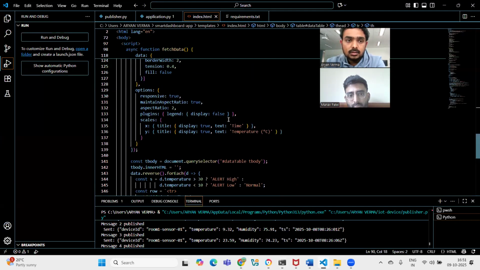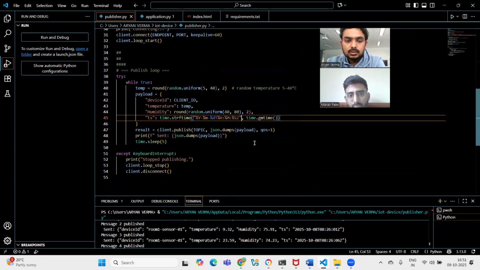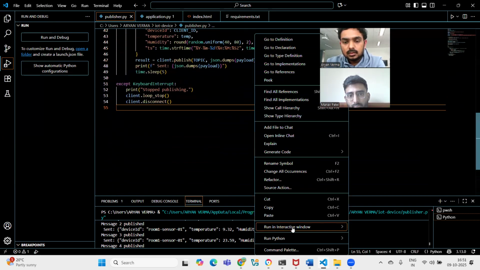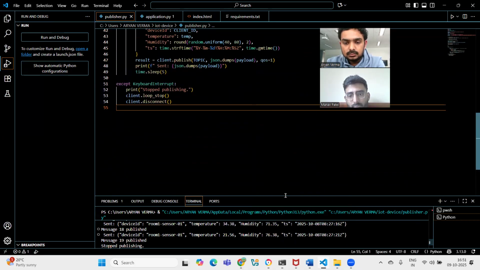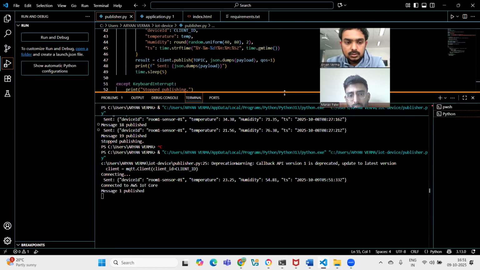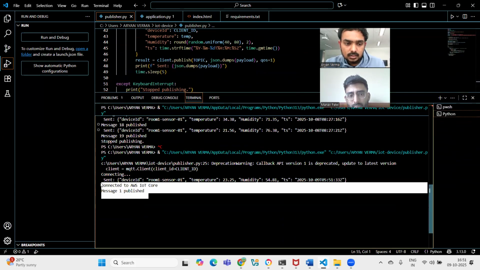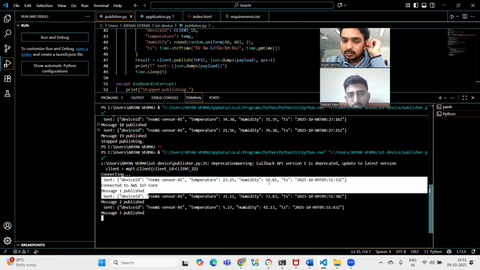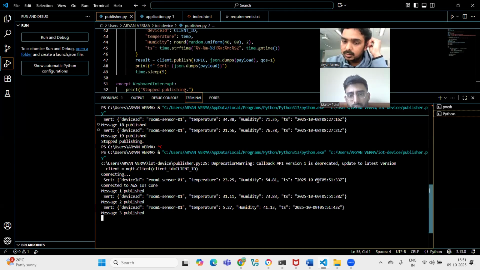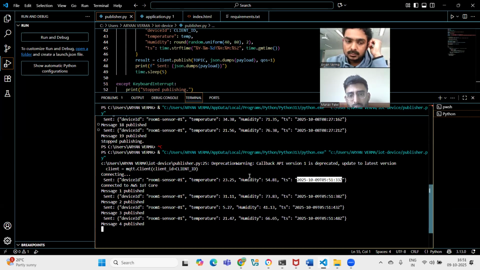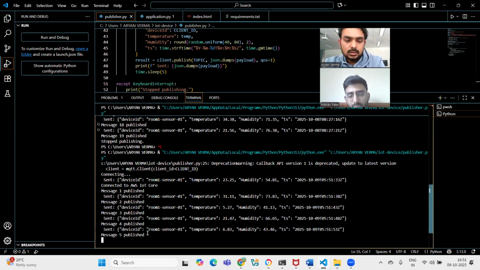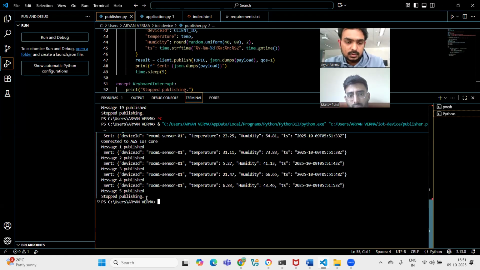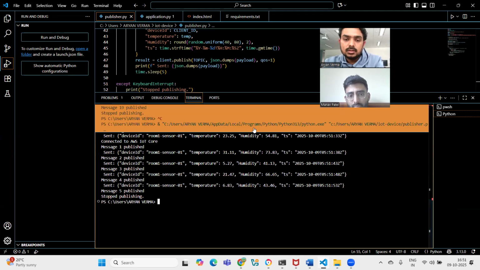So here we can run our publisher file. Once I run this Python file in a terminal, we can see it's going to start capturing the messages and the temperature, 23.25 degrees, with this humidity, and at this time you can see over here today's date and time. Let's capture 5 messages. Once I stop publishing, now we can see these things already